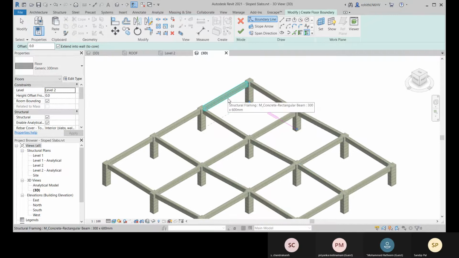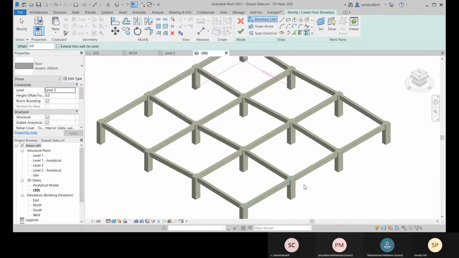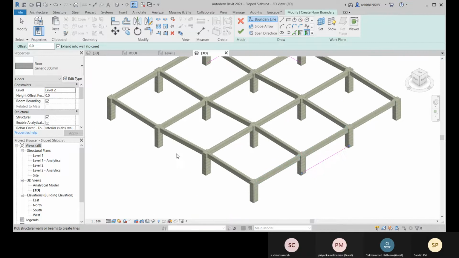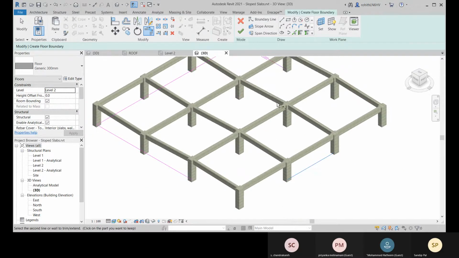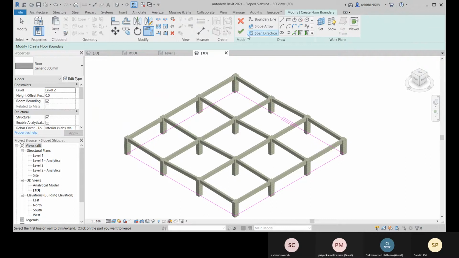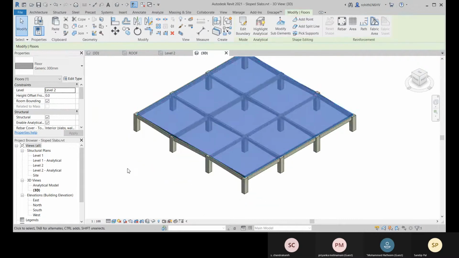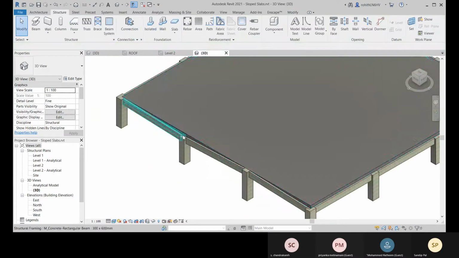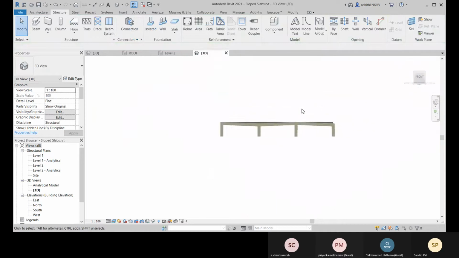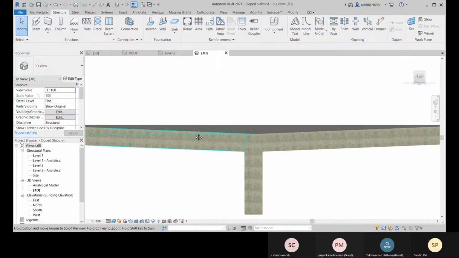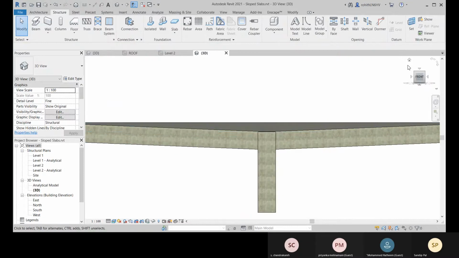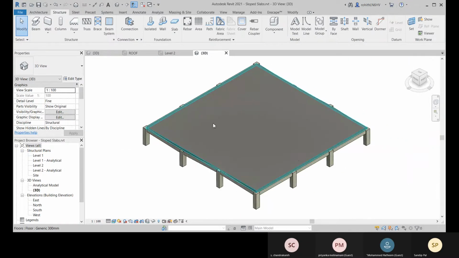I'm showing you in 3D. Okay, so you select it here, and I'll go for trim. This one with this one, this one with this one, and this one with this one. And now let me go for finish, and that you have done it. And now you see that your slab is flat, but you need to make the slope here,